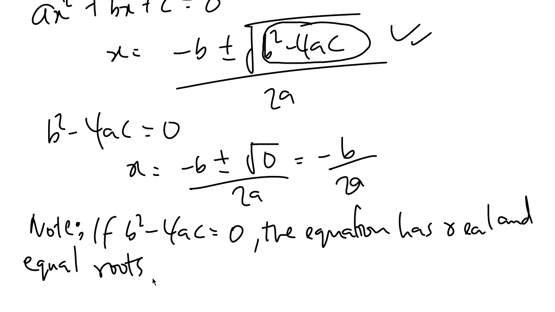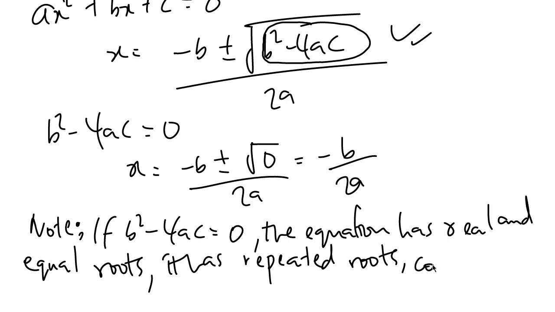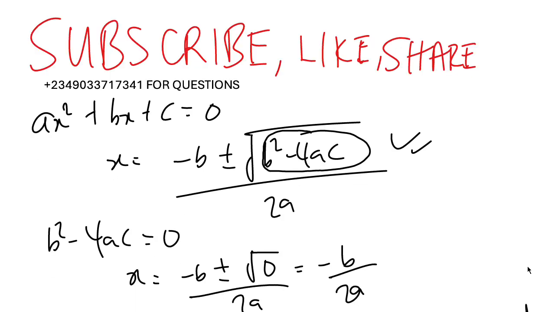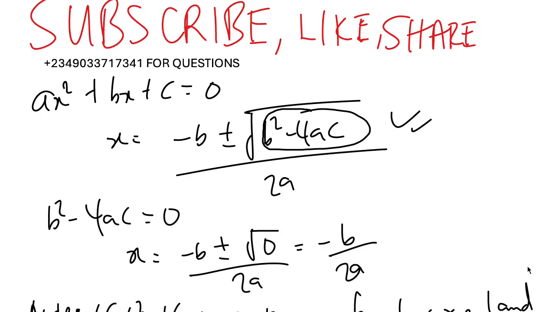It has real and equal roots, or you could say it has repeated roots, or you could say coincident roots. So when you substitute for b squared minus 4ac for a given quadratic equation and you get 0,